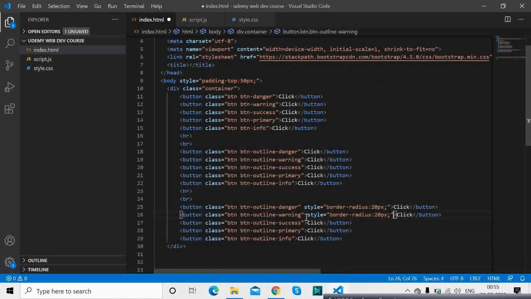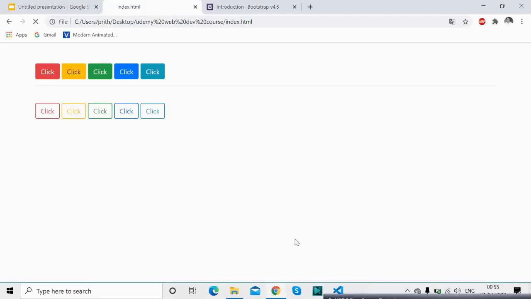Okay, so you see, this will override the default class styling, and you see we have these round shaped buttons. So this is the Bootstrap basic. You get an idea of what Bootstrap pretty much does.